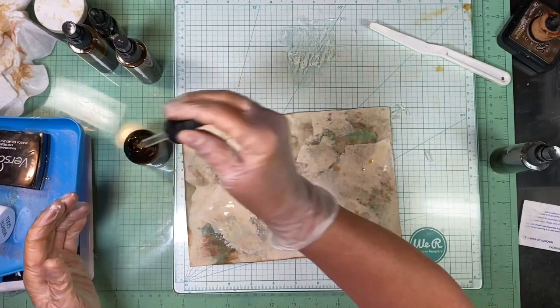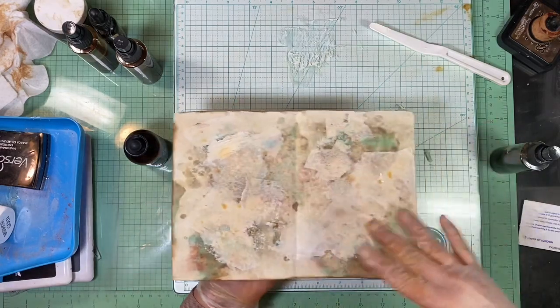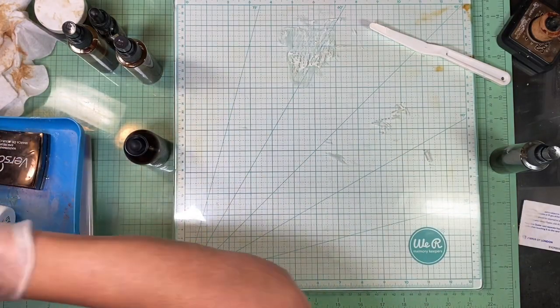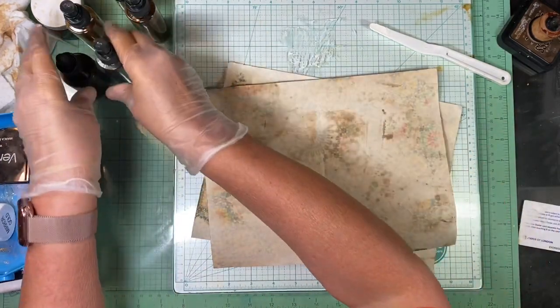Going to add a few drops in there. Okay, so I'm going to let this sit and dry because I'm going to come back and do something with that in a minute. So that one's drying. All right, these two, let me put the top on that because that's an accident waiting to happen. Oops. These two